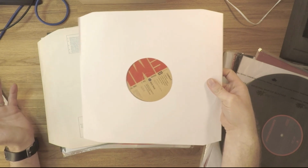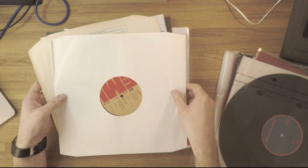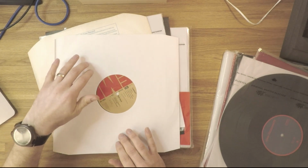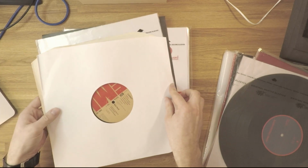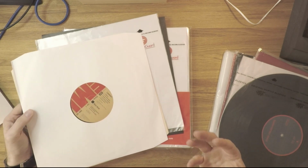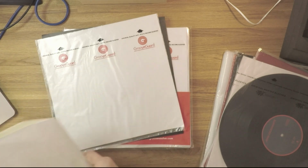They're cheap to manufacture and cheap to ship for those who are manufacturing records, but they can leave micro scratches on the record surface, and they can leave paper flakes on the record that could also damage the surface as well. So you should swap these out, and what you need to get is something that's poly-lined, something with an archival quality about it, and that's exactly what GrooveWasher are doing with their new